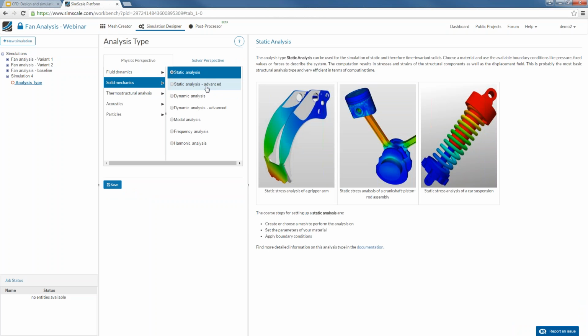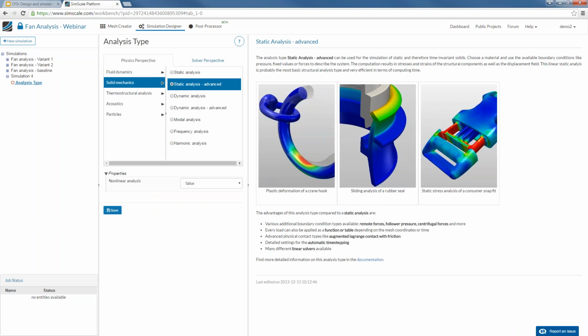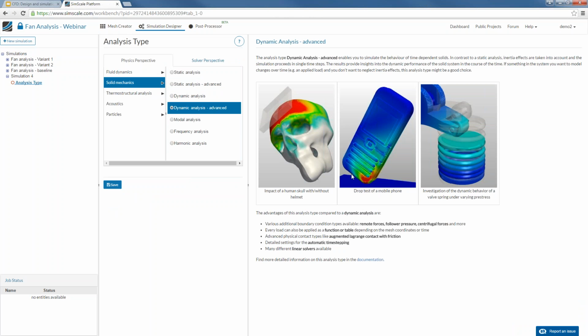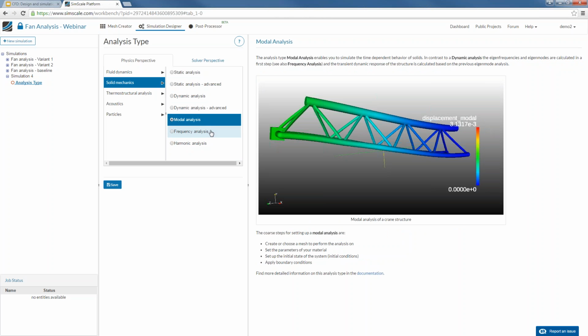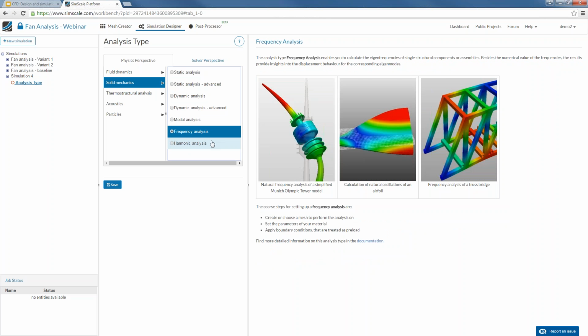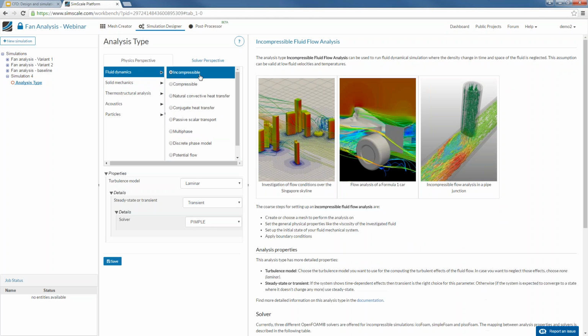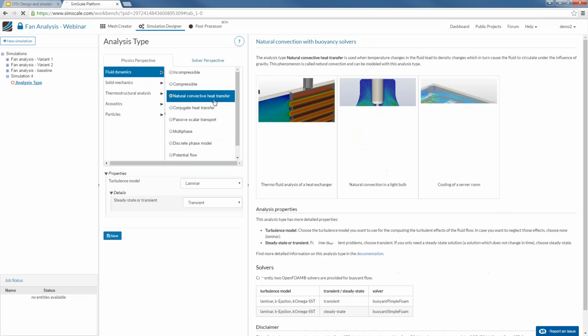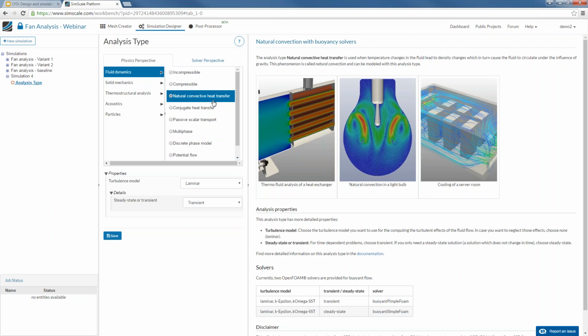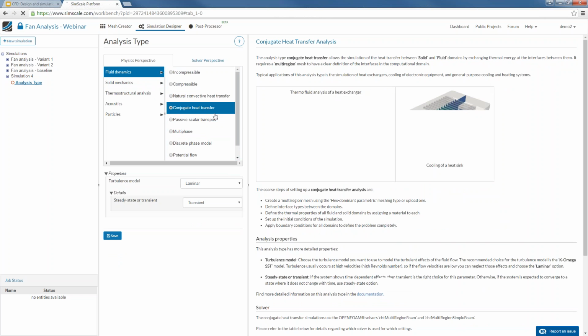From solid mechanics analysis, like static analysis and stress distribution analysis, to dynamic problems such as drop tests, deformations, or buckling elements, to modal analysis, which we'll discuss next time, and frequency or harmonic analysis. We go next to fluid dynamics: incompressible, compressible, natural convective heat transfer, and now a new feature that is the